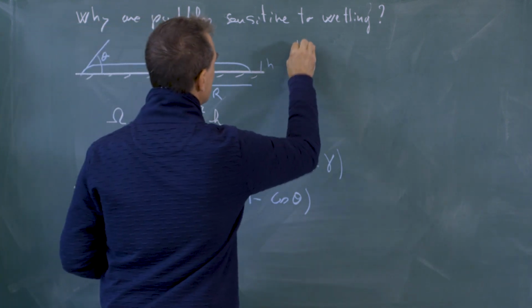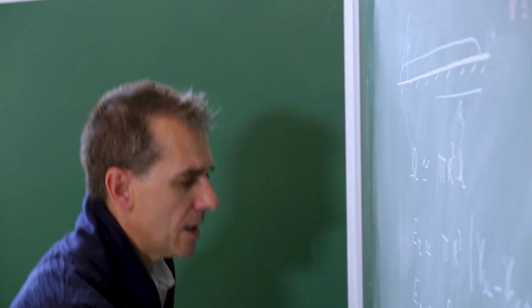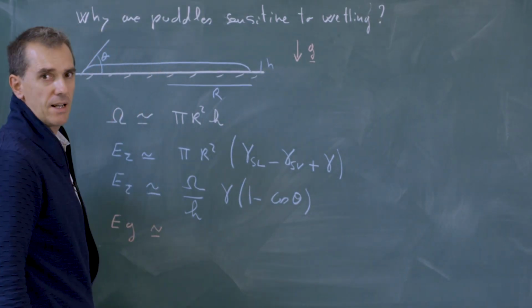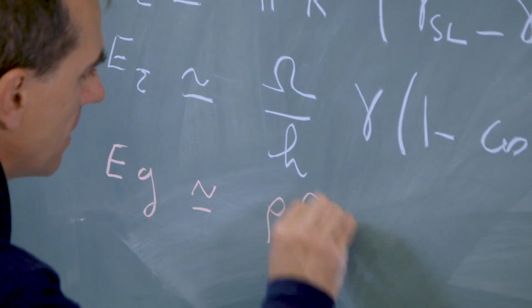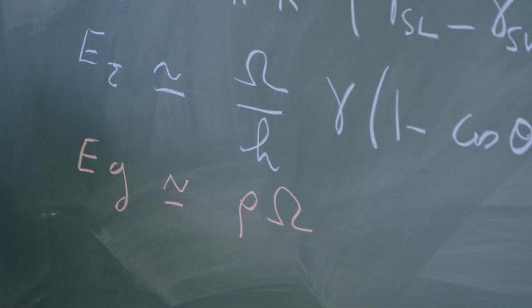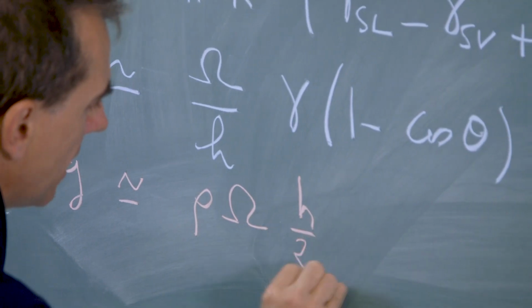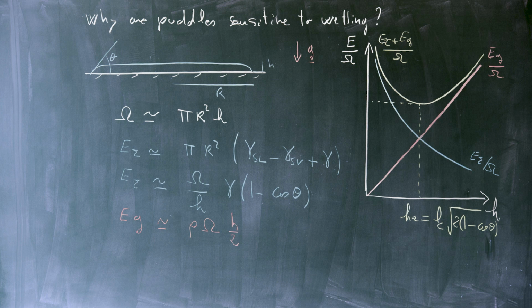Now we move to the expression of the energy associated to gravity. And so we have Eg, which is going to scale like the mass of the puddle, so density times omega, times the location of the center of gravity of the puddle, which is h/2. And so now we have two expressions, one the surface that goes like 1 over h, and the other one that goes like h. And so if we plot